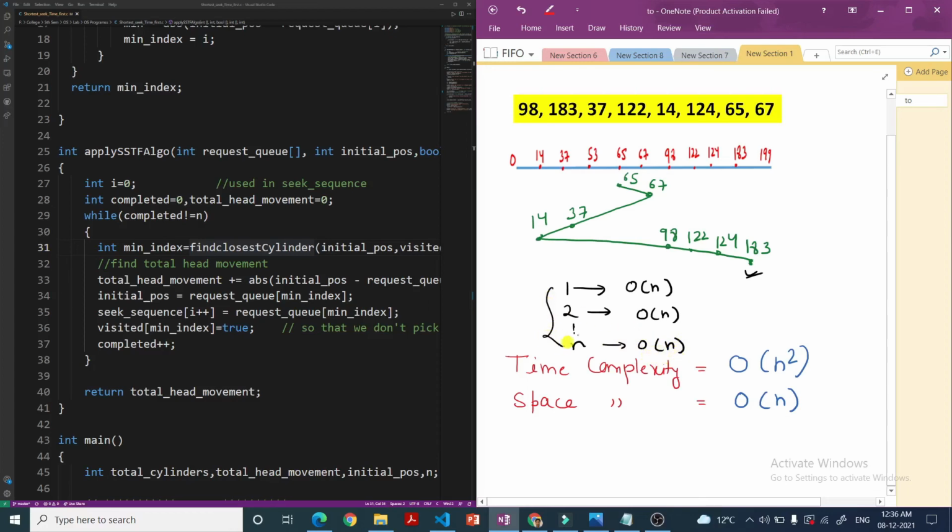So for n times the total complexity will be n into big O of n, which is O of n square. This way my time complexity will be big O of n square, and the space complexity is big O of n. How? Because we are taking this seek sequence array to store our output, and this seek sequence array is taking n size. So my space complexity is big O of n.